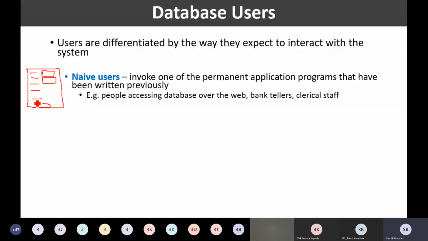So I'm making use of one application program that was previously written and that was presented to me by Gmail. I'm just making use of that functionality. So in this scenario, I'll be the naive user because I'm using something which is already available. I'm just feeding the information.